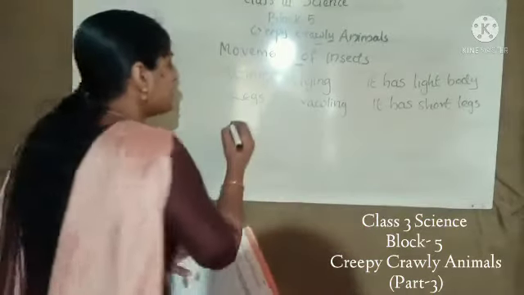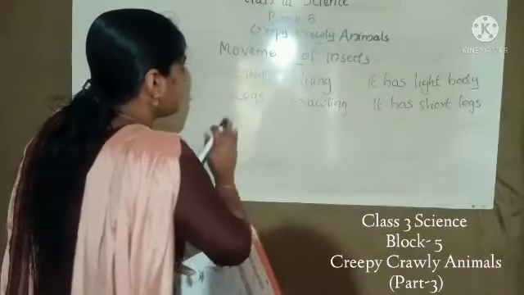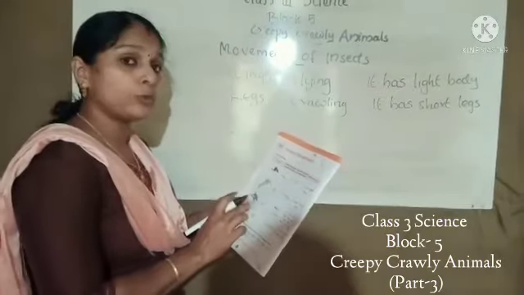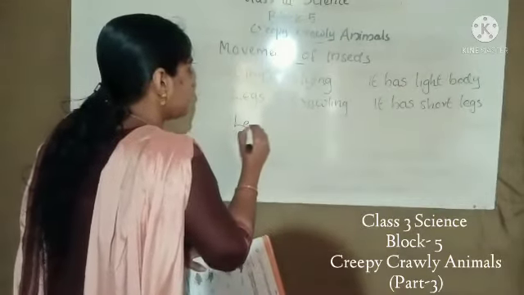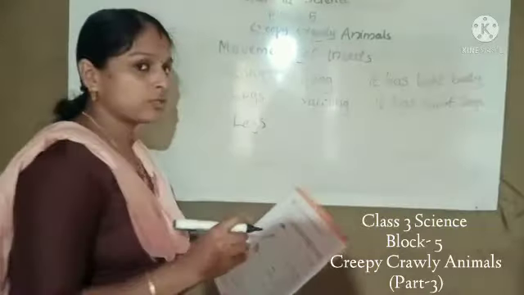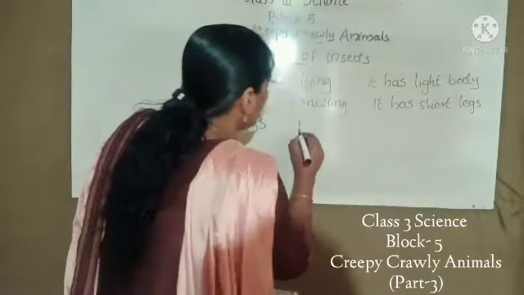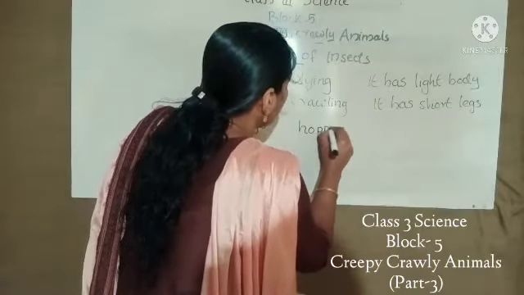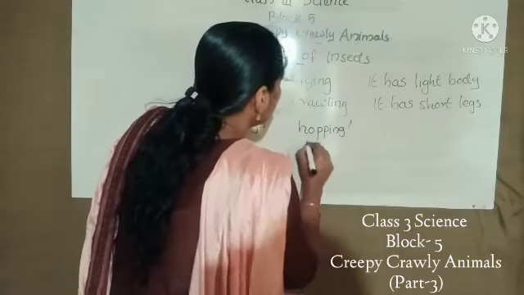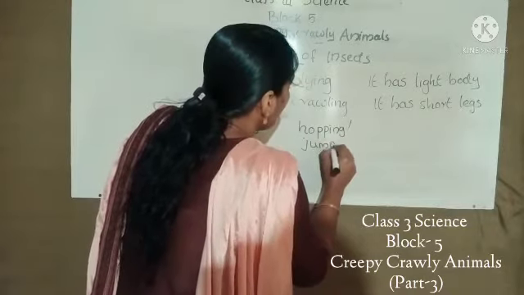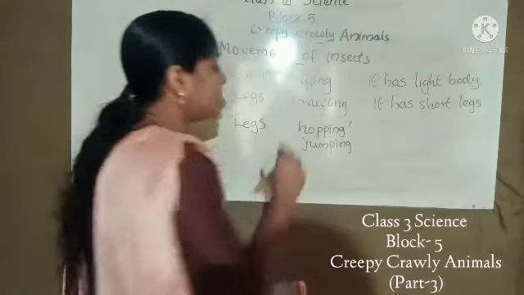Next picture it is grasshopper. Grasshopper, yes. Which body parts help them to move? Yes, legs. Legs help them to move. And it can also fly. Okay. Then which movement is this called? Hopping or jumping. Then what helps them to hop or jump in the garden? Yes, this